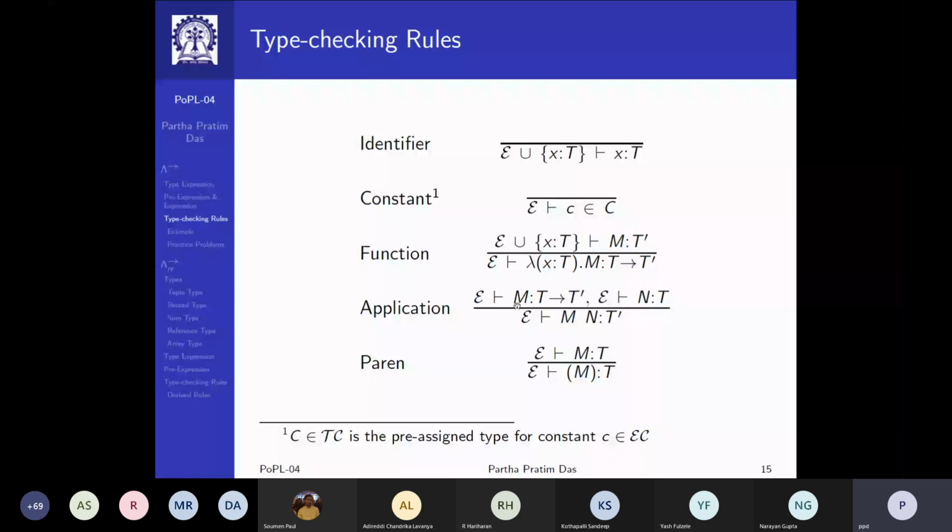Similarly, given the type of a function and the type of the argument on which the function applies, I can have the type of the application, and parenthesis does not change type. So using these rules, I'm skipping over to